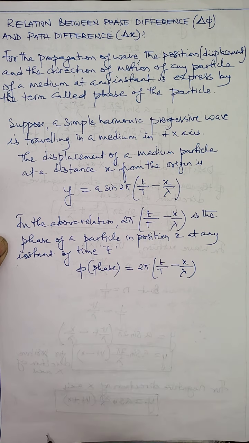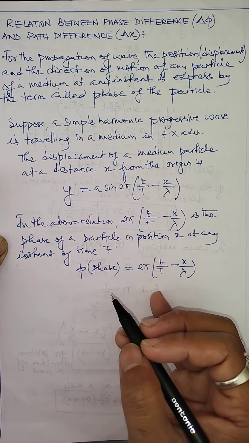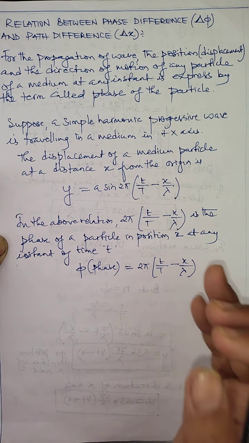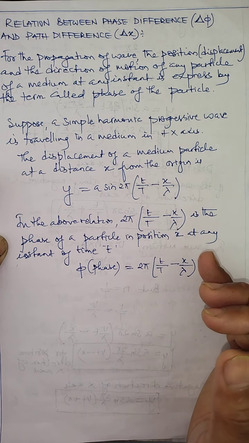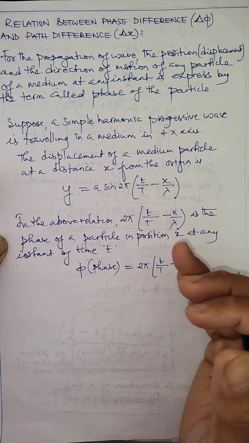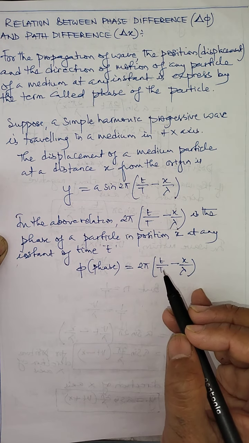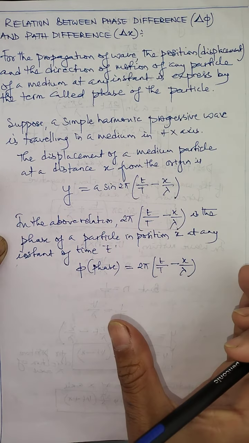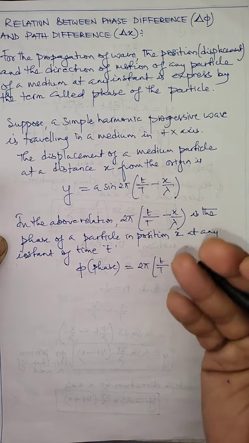Lambda. So this is the phase. Now suppose at any instant of time t, there are two particles which have different phases, which means whose distances from the origin are different. The time interval is the same, but they are two different particles at different distances from the origin, and they also acquire a phase, and that phase is expressed in a